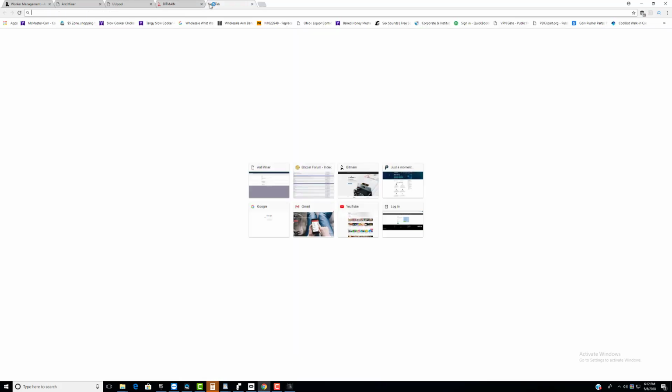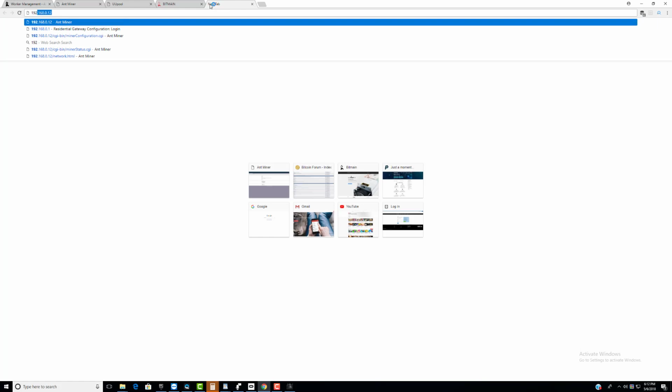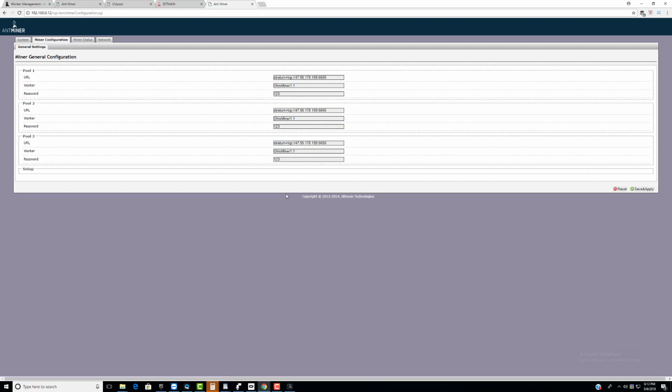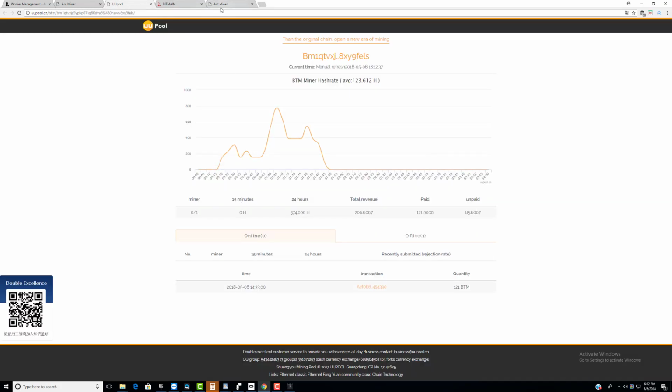Once you have the IP address popped up, you type it in. It's going to ask you for your password. I'm already logged in, so it didn't ask me for my password. You're going to go to miner configuration, and this is where you put your mining pool information. This is set up right now for Ant pool. If you want to set up for the UU pool, which is this one right here,